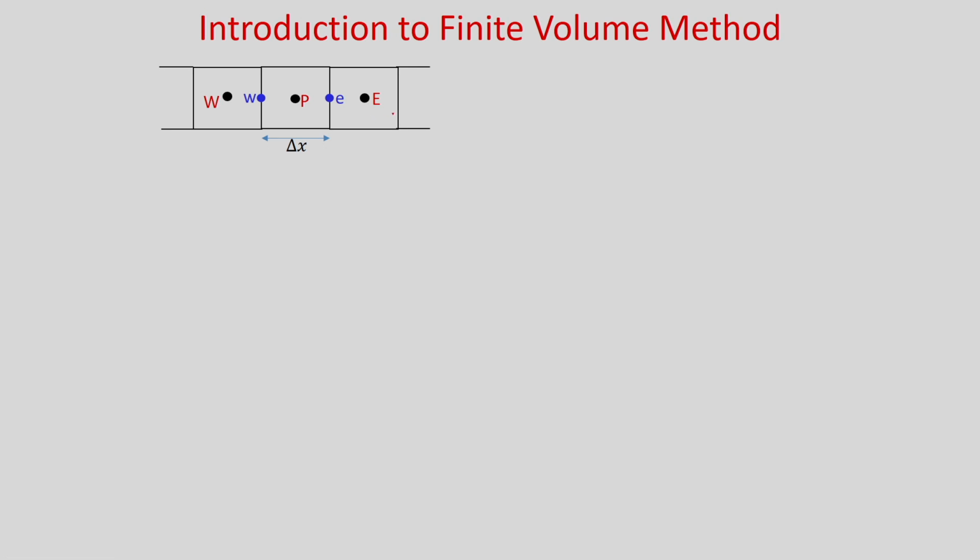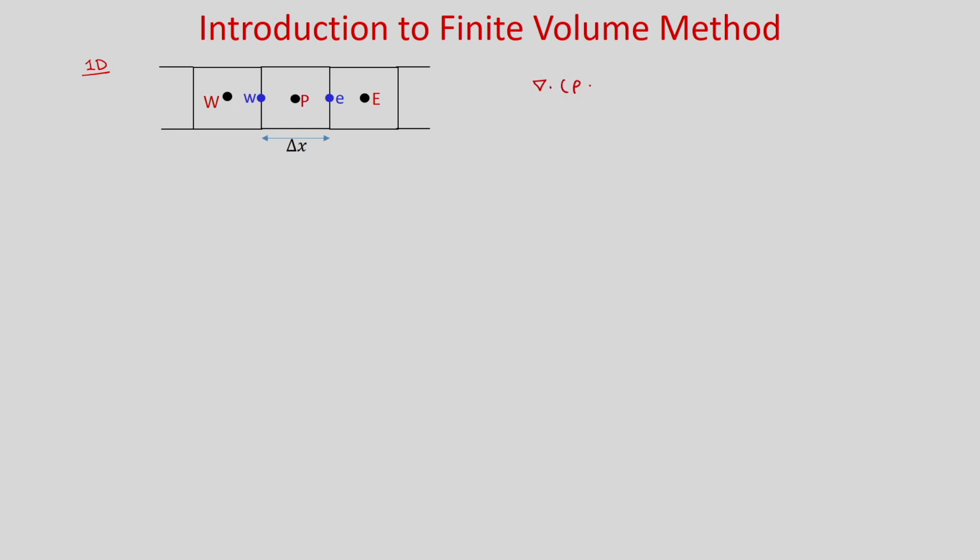So, let us consider the 1D case. Okay. So, in the 1D case you can see capital P is the main control volume, capital E and capital W are the neighbor cells, and delta x is the distance, and small e and small w are the face centers. Okay. So, it is the 1D case. Now, let us write the steady convective diffusive equation, for a general variable phi. So, what is that? It will be